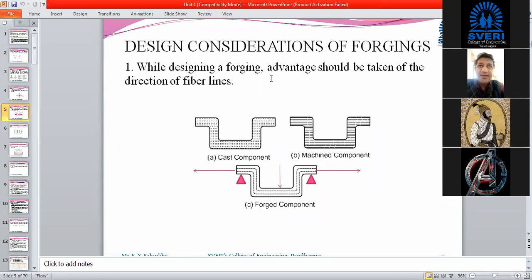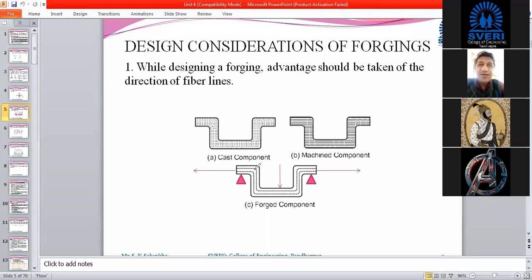So while designing a forging, advantage should be taken of the direction of fibers or fiber lines, because in the case of casting, when you pour the molten metal into the cavity or mold, it will settle down, and there is very little possibility that it will have a fiber-like nature. When you machine it, you cut some fiber lines.